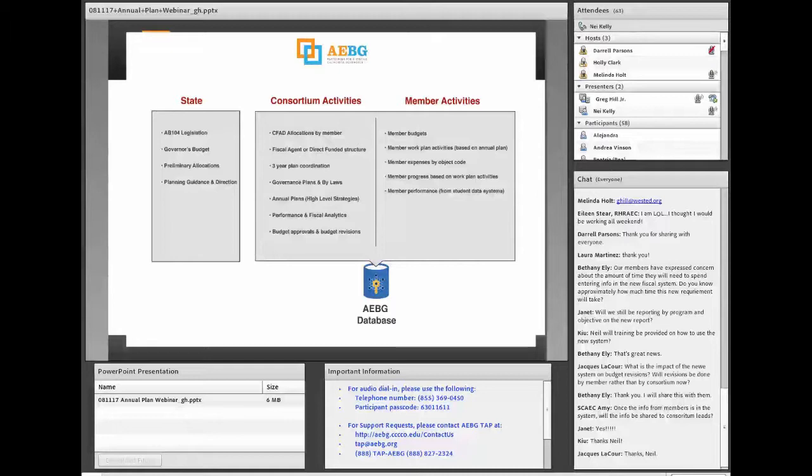So the fact that for activities we're using a menu or a checkbox that feeds up to your strategies, that feeds up to the state objectives, it just makes it easier for everyone to know what's happening. And I don't think it's a big workload issue for the members to be checking boxes based on the strategies. And I think that makes it simple for everyone. Okay.